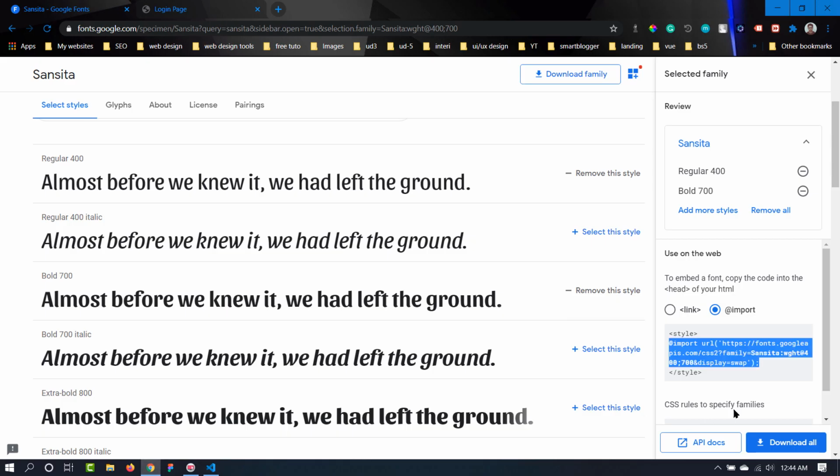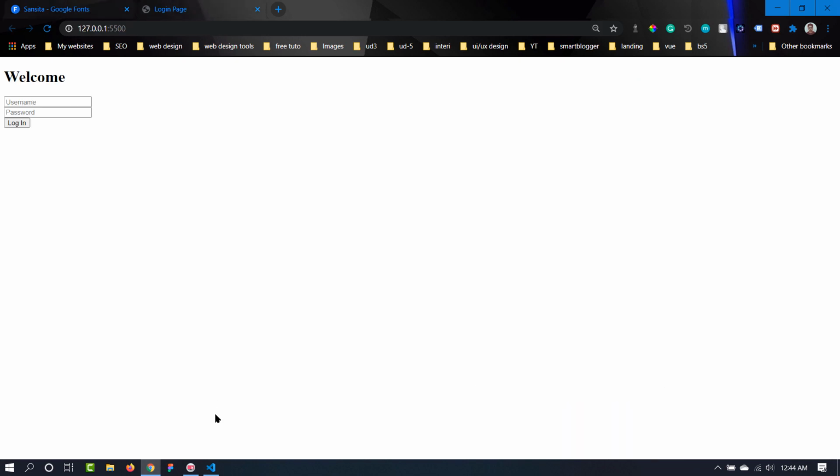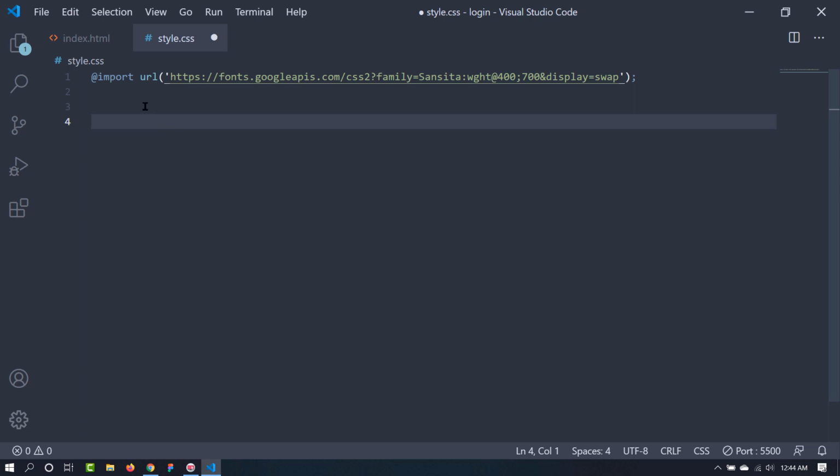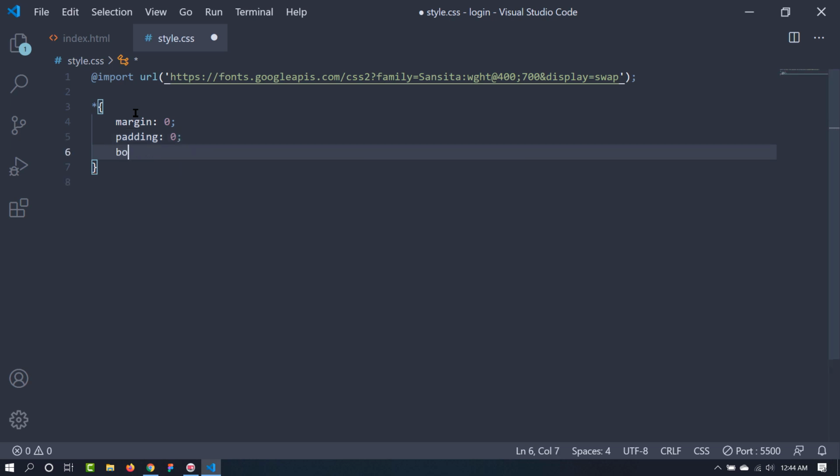Now we also need to add this font family. Let's copy this, we don't need Google Fonts anymore, and I am going to add it with the asterisk. It will apply on the whole template. So let's add some universal things here, margin 0, padding 0, because the browser has some default margin and padding, and we actually don't need that.